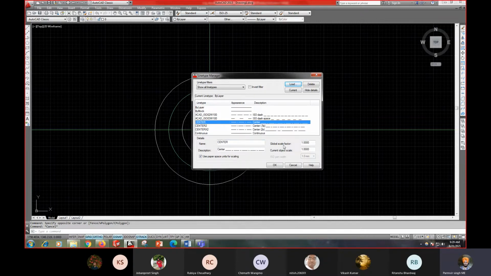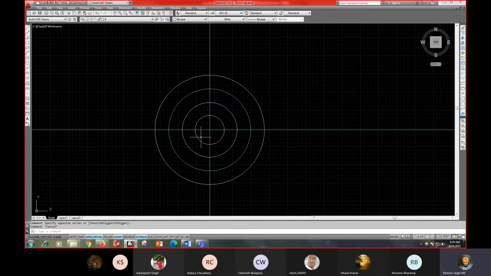You have the option of global scale factor in case you want to increase the size of your line or scale it, then you can increase the size. और current object scaling को increase करना चाहते हो, then you can increase the scale size from here. Now OK करना है आपने, press OK, then you have to select the line. मैंने first line select कर ली. जितनी भी आपको line select करनी है, जितनी भी आपने define करनी है कि वो line मेरे को वैसी चाहिए, then you can define the line.